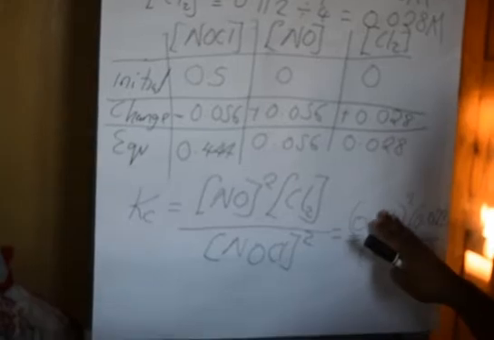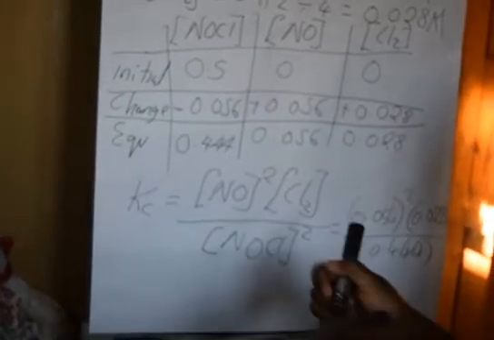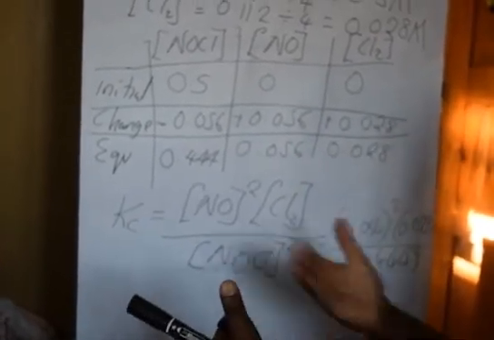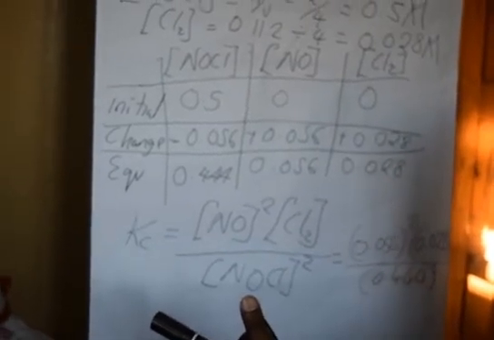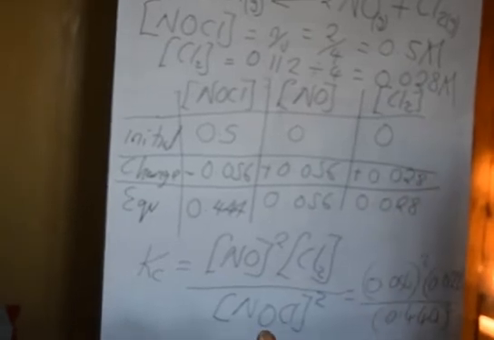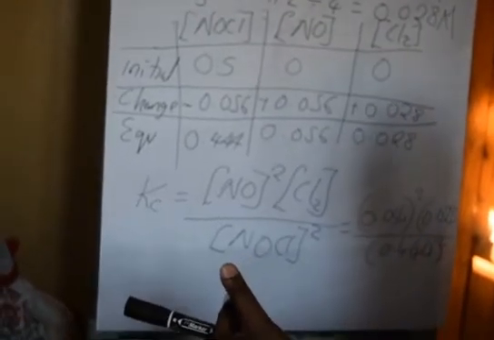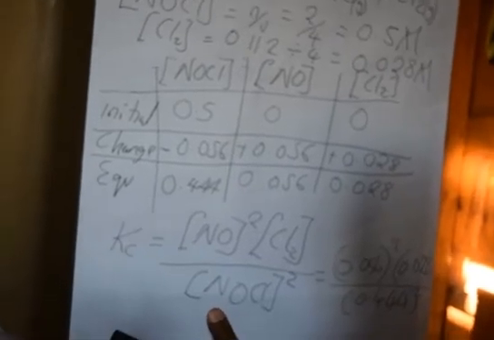It's better if you're not very good with your calculator. When you see squared, you just multiply a number twice. When you see cubed, you also just multiply the number 3 times. It's easier that way than to start working out how do I work out the cube. So remember, if something is raised to the power 4, then you multiply it 4 times. It's easy to multiply something 4 times. So 0.056 times 0.056 times 0.028,